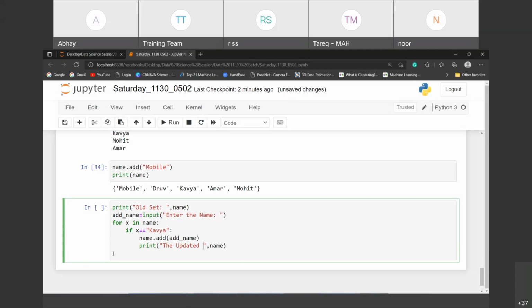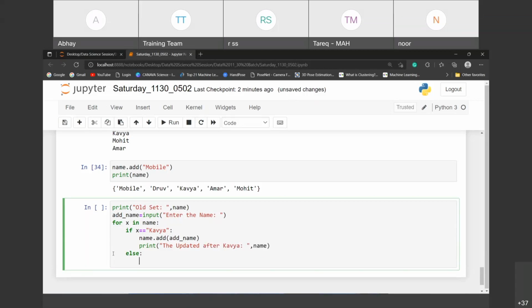Updated after Kavya. So I'm just doing this on the else condition. Yeah, it does not follow the alphabetical or numerical order.